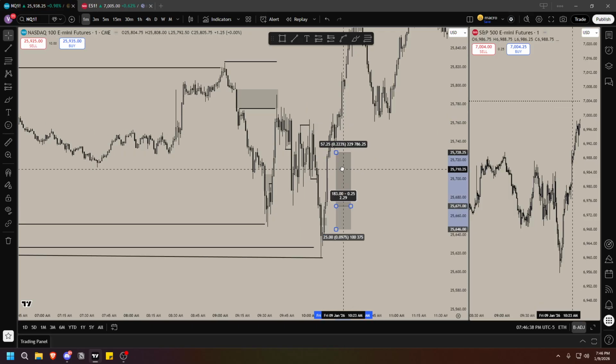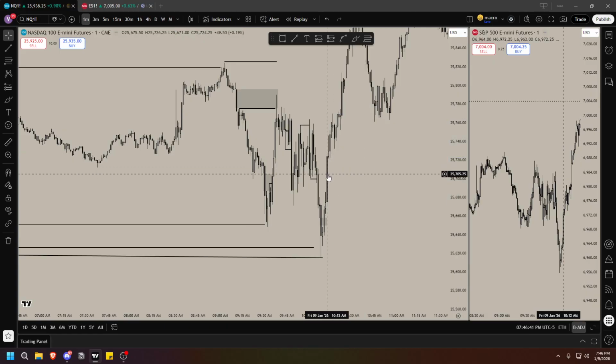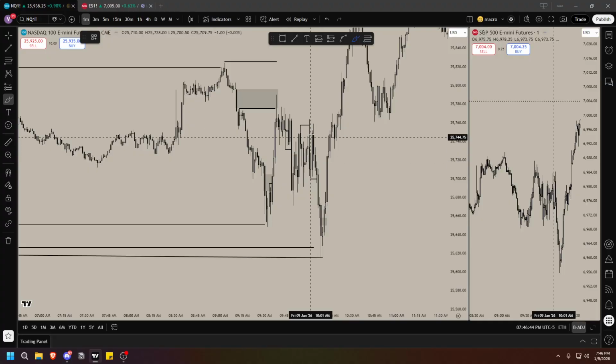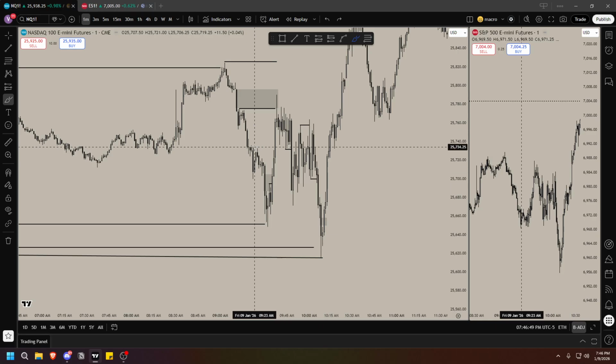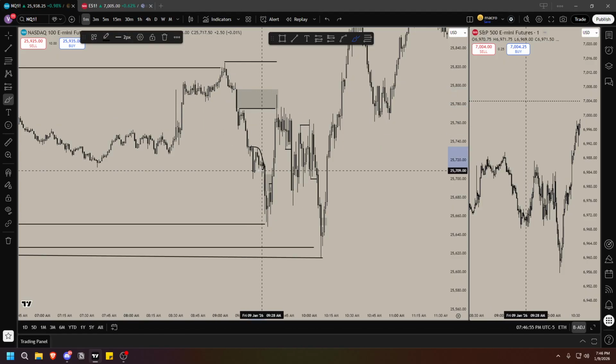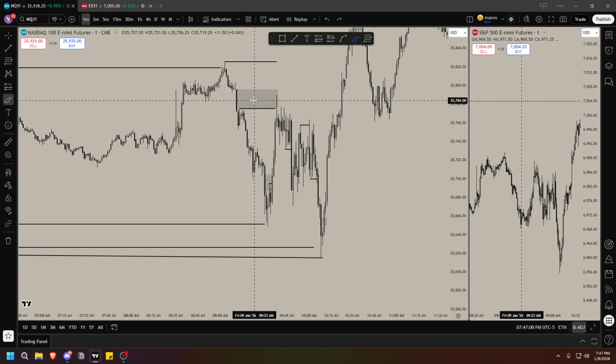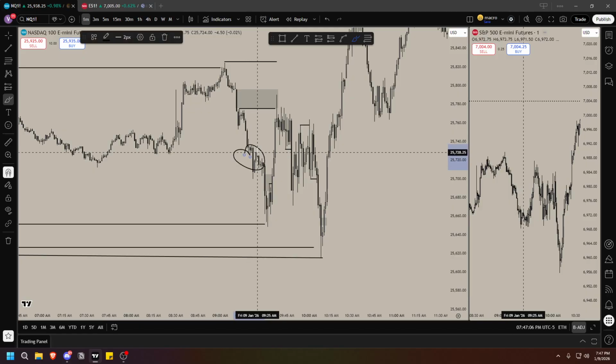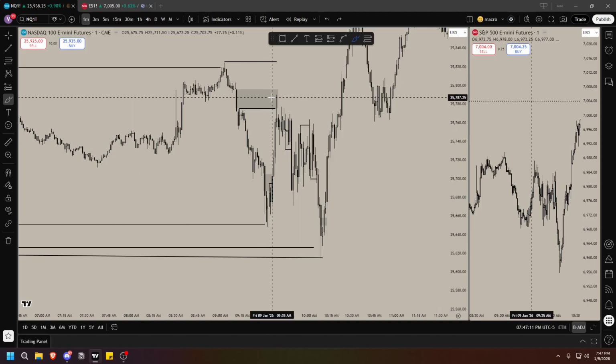From here you could have kept longing at any rebalance as well. This is a cluster of bearish candles. Nothing huge, not a fat BISI or SIBI, for example. This is a nice SIBI that price could rebalance into, because this is a cluster of candles, accumulation, but this is displacement. You want to see price rebalance back inside of displacement, not accumulation. If you're in accumulation, that means manipulation hasn't happened. But if we take out accumulation, that means manipulation has happened, and we might see a continuation or a reversal, either or, but we're going to react.